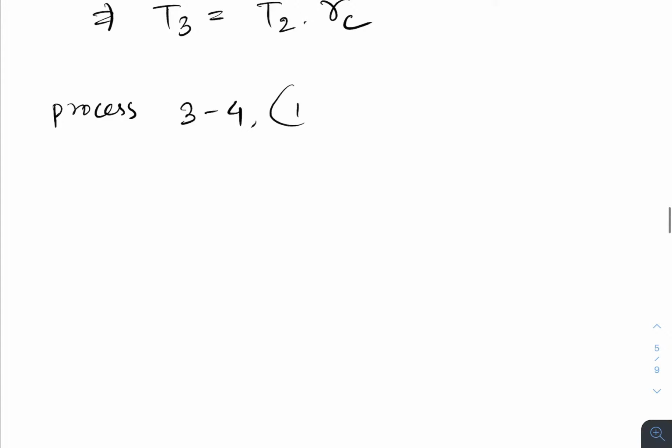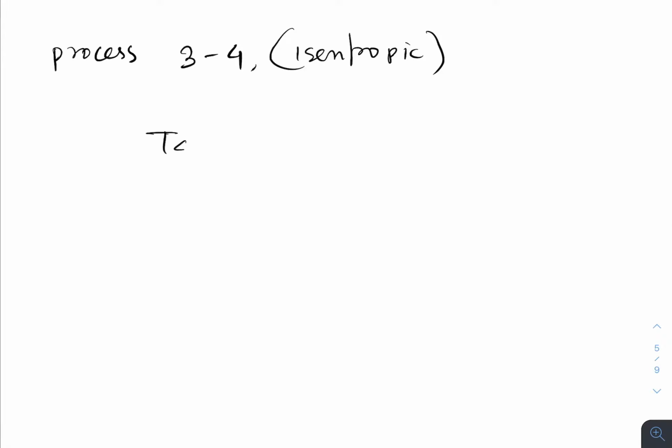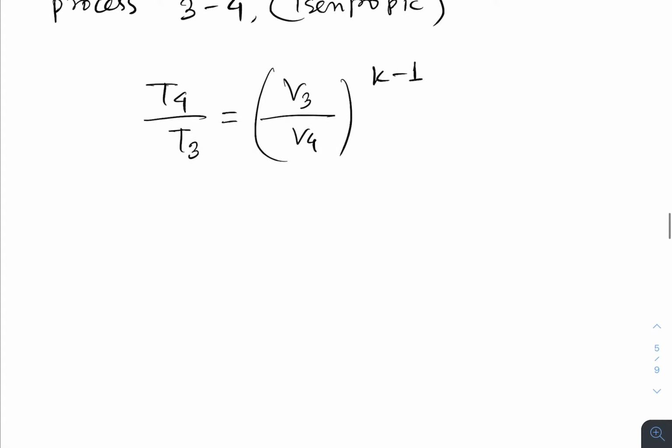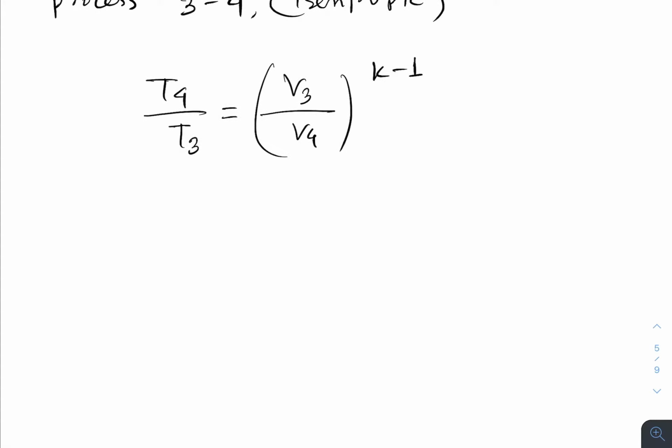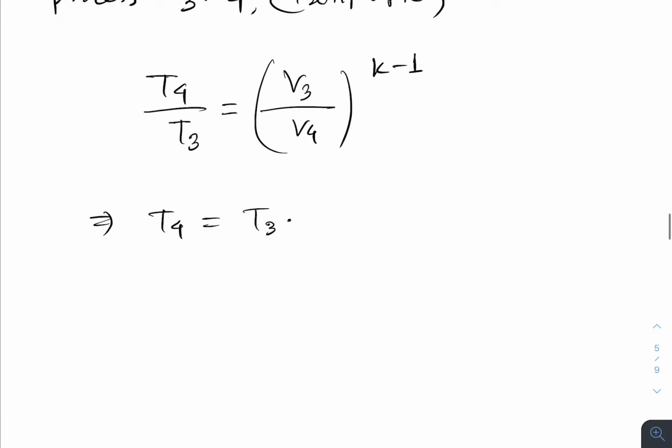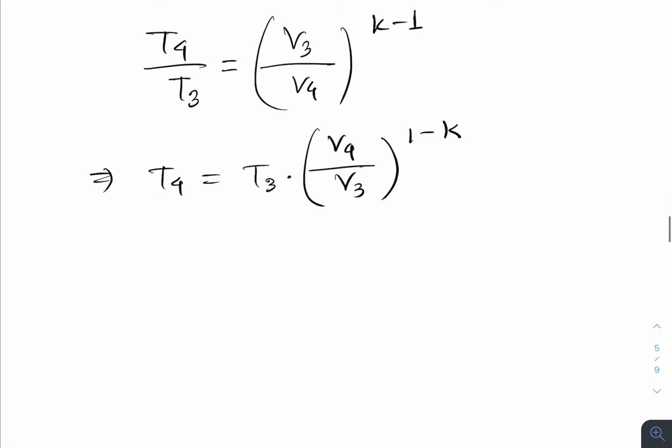So for process 3 to 4, which is isentropic, we know the relationship T4 divided by T3 equals V3 divided by V4 to the power K minus 1. If we simplify this in terms of RC, it becomes T4 equals T3 times V4 divided by V3, rearranging it,